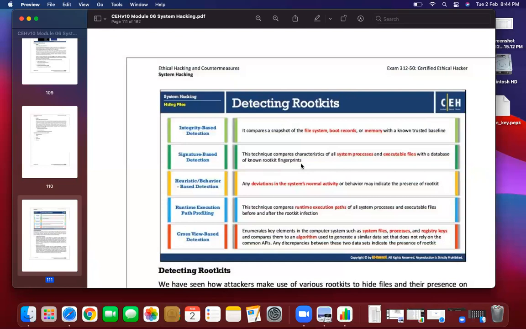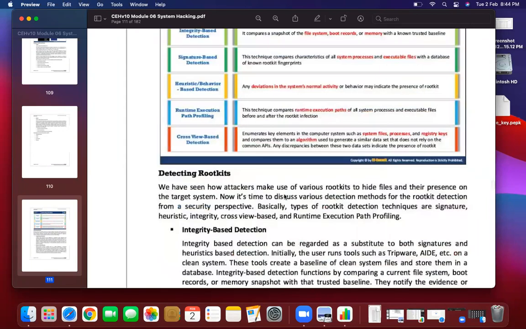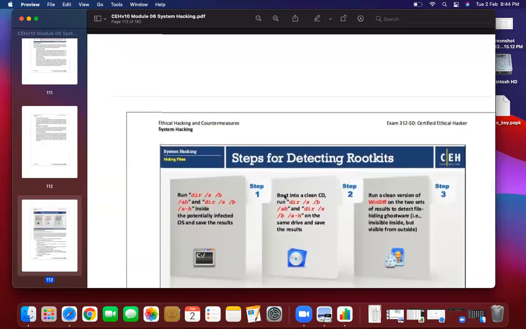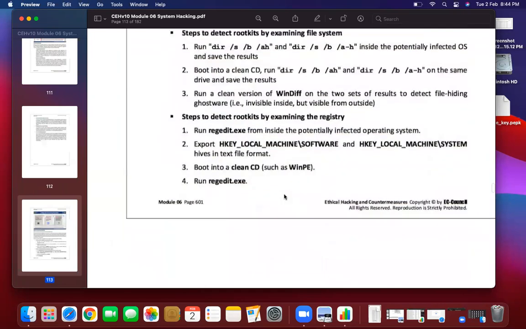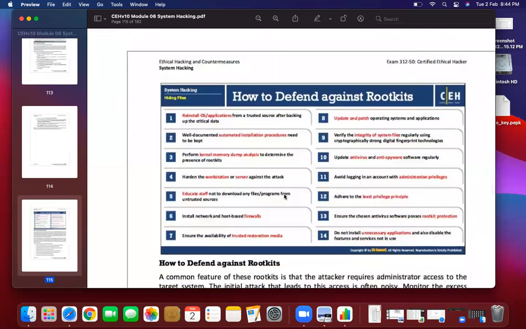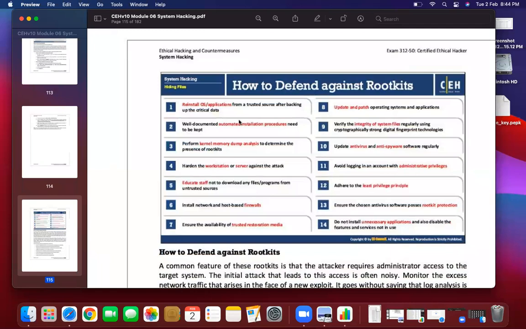There are a lot of techniques and tools available over the internet which are used to find out the signature of a particular rootkit. So if the tool is able to find out the signature of the rootkit, it means that it can be solved. Okay, like that, there are a lot of methods using which we can detect rootkits. Detecting a rootkit is not very hard. It's very easy. How to remove the rootkits? Well, for removing the rootkits, we do have anti-rootkits. Okay. To defend against rootkits, we can use anti-rootkits or reinstall the OS and applications.